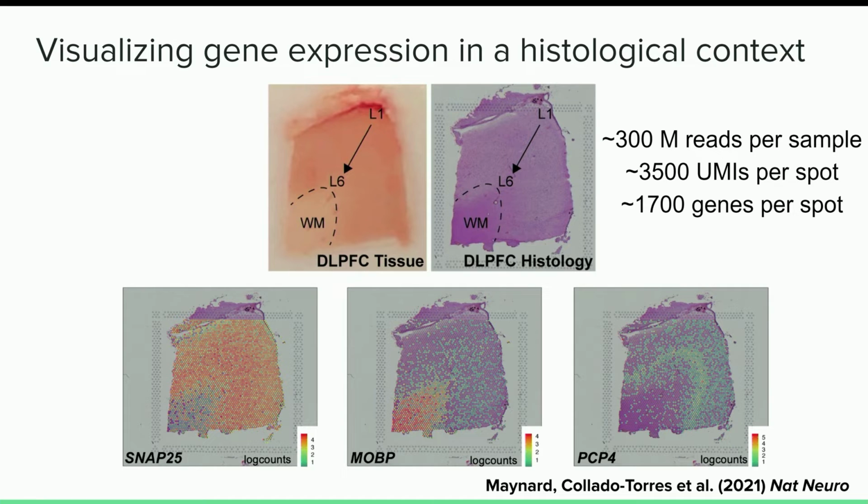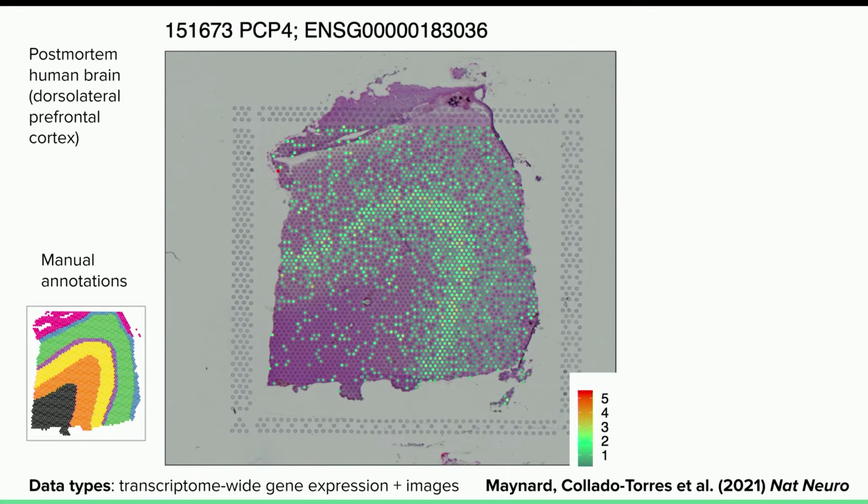So you can kind of get a sense of where this is going. These genes are varying in space in a non-random way. They are associated with the morphology of this tissue, which is really cool to see. So zooming in on just one of those genes, PCP4, that's associated with layer 5, I want to note that